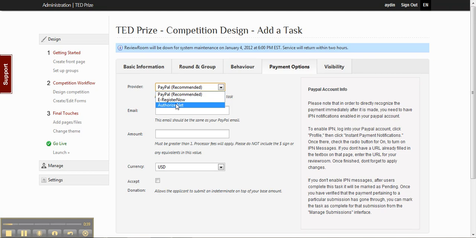And if there's one that you think we should add that we don't currently have, feel free to email us, support@myreviewroom.com, and we'll be sure to get back to you. And we're always looking to add in new payment gateways, and we can do that if you let us know which ones you're using. So let's use PayPal right now, and I'm just going to type in my PayPal email,